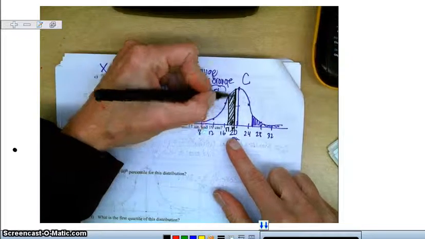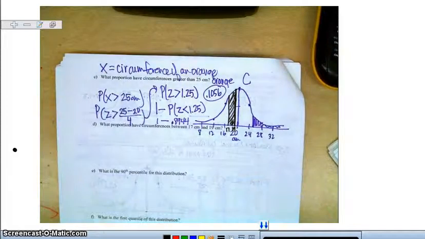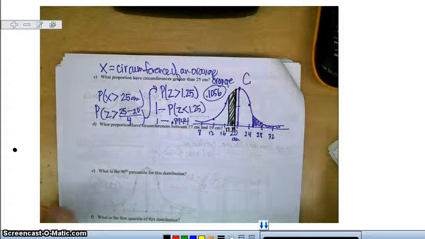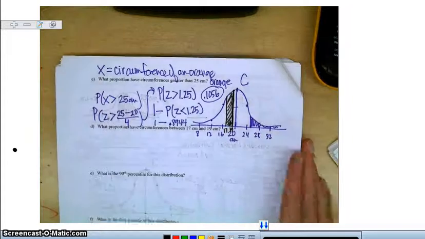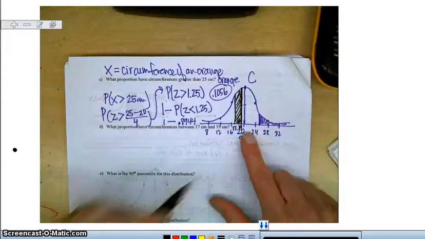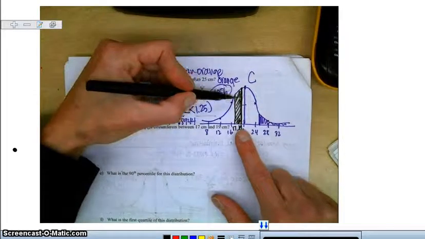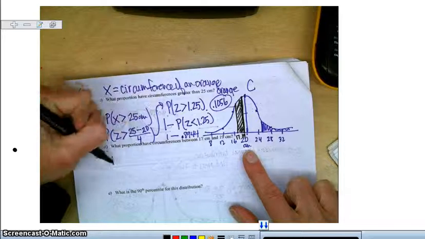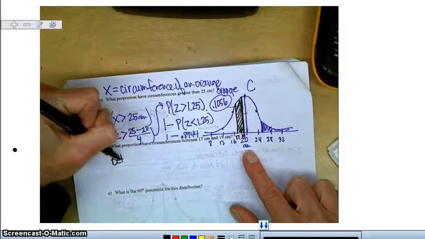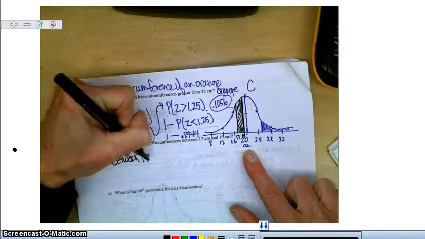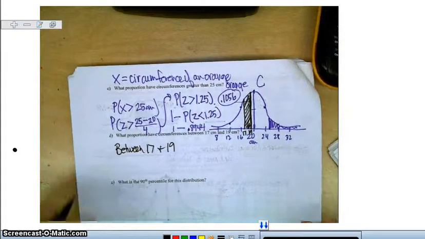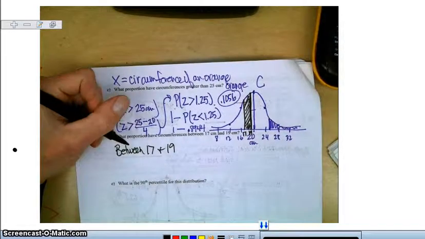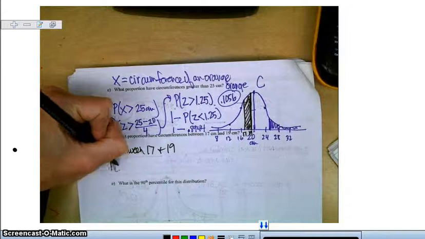Okay, so now knowing that the normal distribution only finds areas to the left or less than areas, how would I figure this area in between here and here out? Well, it's actually pretty easy. To find the area between 17 and 19, and between any two values, it always works the same. You're going to take the bigger one, so you're going to find the proportion of values that are less